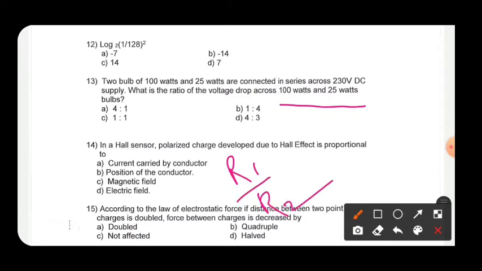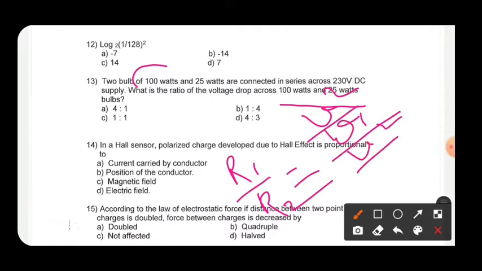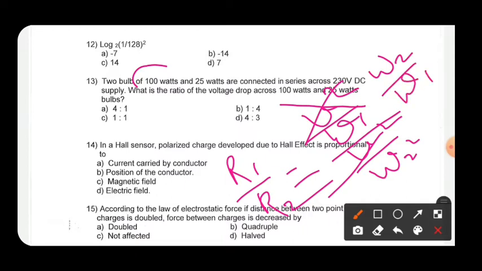All of you know that the R formula is V square upon W. Write down V square upon W1 and V square upon W2. Just cancel V square because it is constant, so W2 and W1 will be in the numerator part. So you will find R1 upon R2 equals